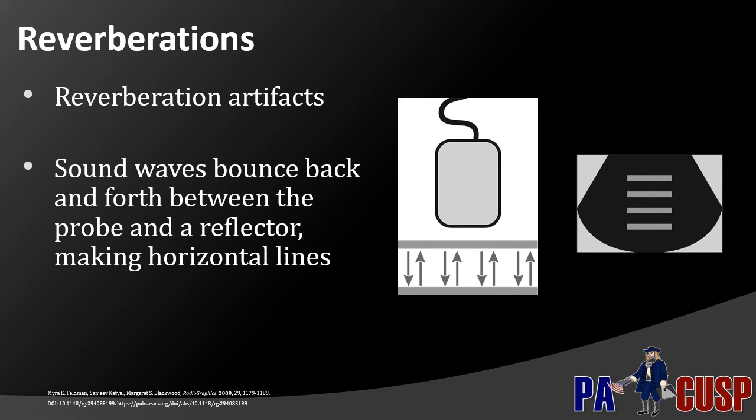As the ultrasound transducer emits sound waves, they're going to bounce back and forth between the probe and a reflector. As this ultrasound beam bounces back and forth, eventually it will make its way back to the probe. For reverberation artifact, because it's reflecting back and forth between two objects with a fixed distance, as it returns back to the ultrasound probe,